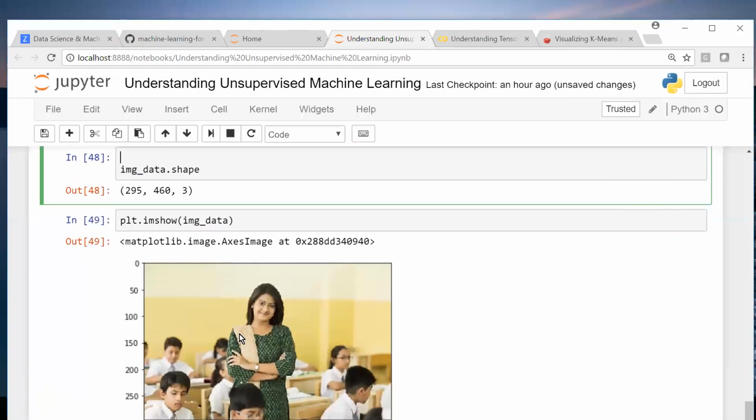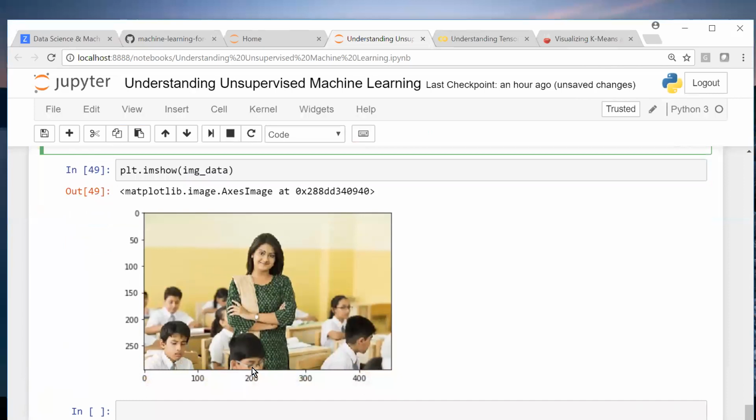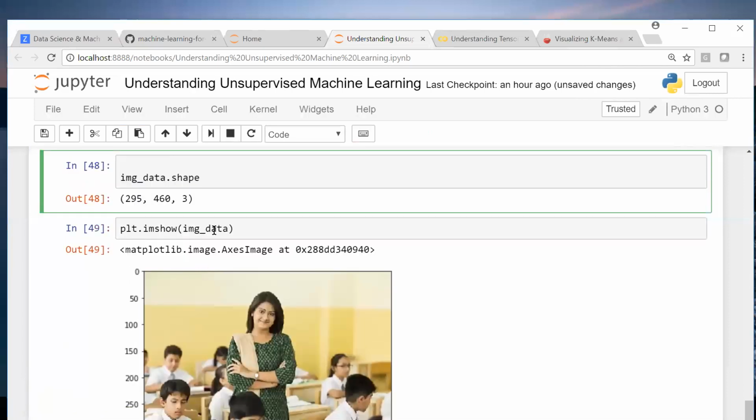Then I better use some other image because this does not have a lot of colors. No, this is better. Actually, 3 is confusing with RGB. Chalo, take 4. Let's have 4.